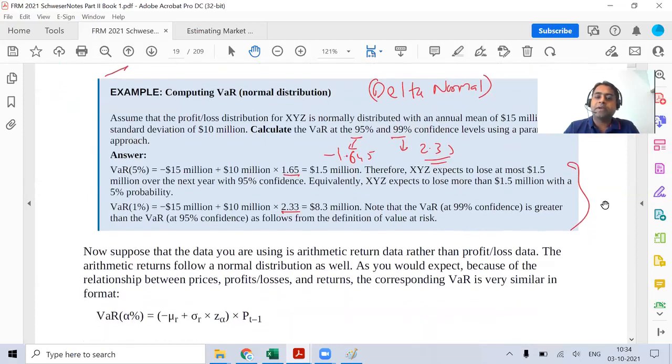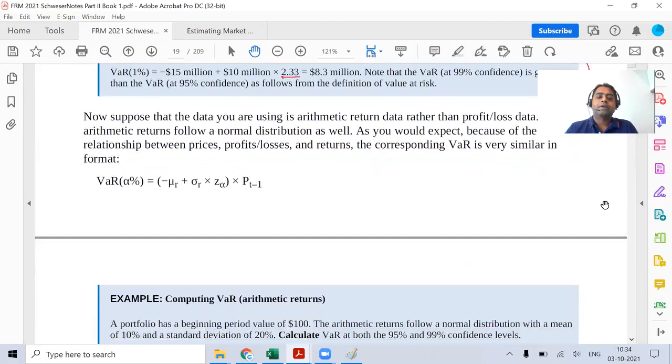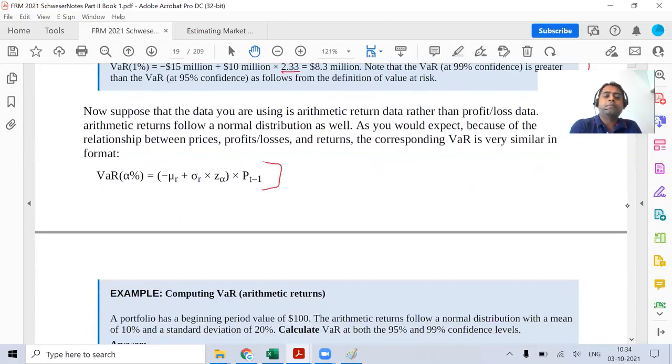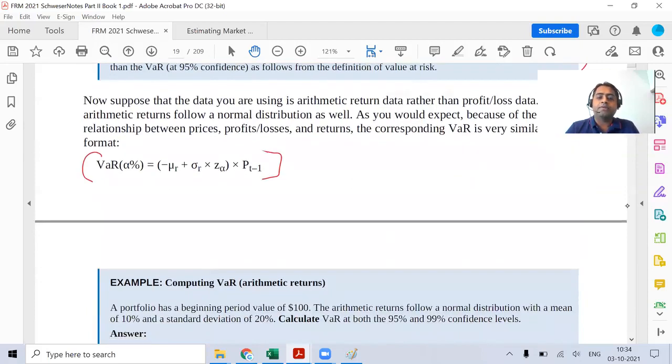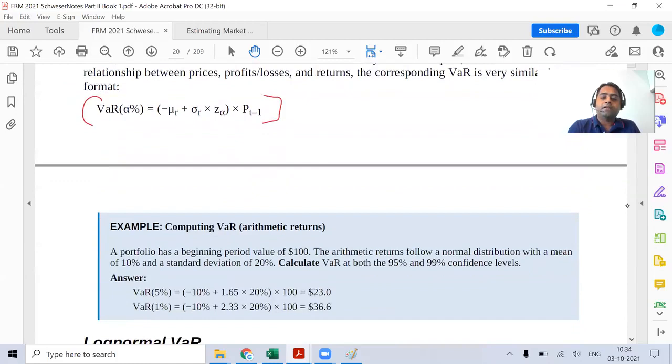There's a slight variation that they have highlighted over here. Similar logic, the point over here being similar. What they wanted to highlight is that they are multiplying a dollar asset value and getting a dollar answer. The rest of the entire process is the same, the 1% and 5% process is the same.